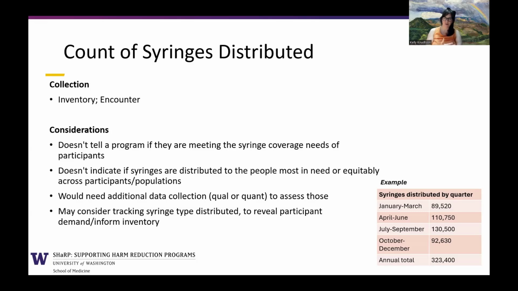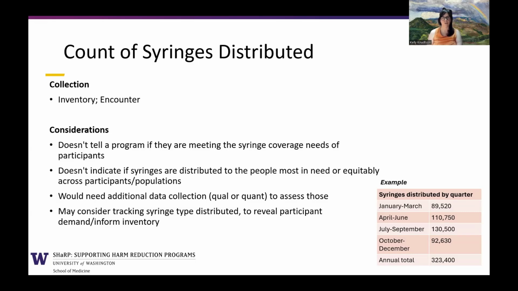The considerations section includes information on the limitations of an indicator, often what it can't tell you, how it could be adapted, and ways that you might want to think about analyzing the data. For count of syringes distributed, the main limitation is that the count of syringes distributed doesn't, and can't, tell